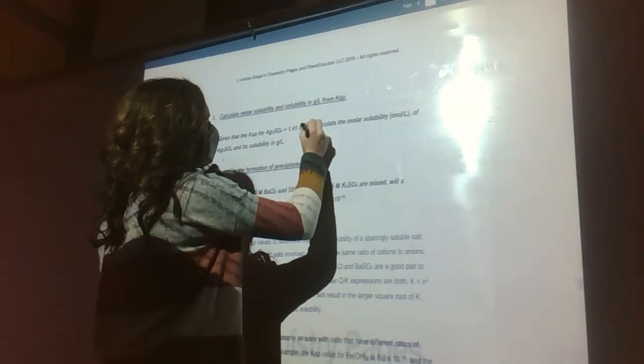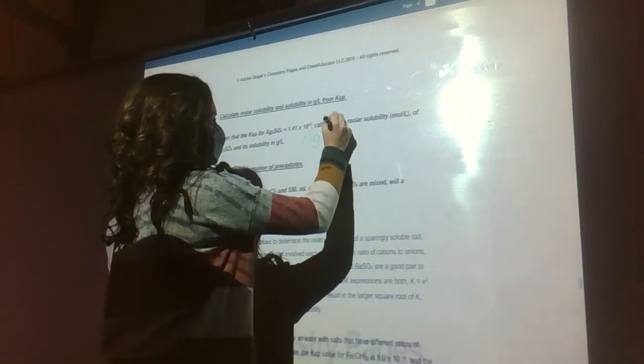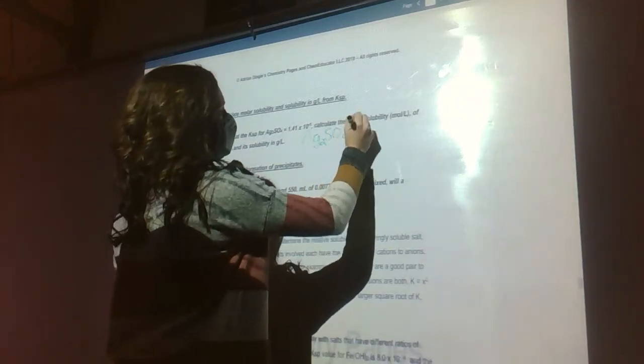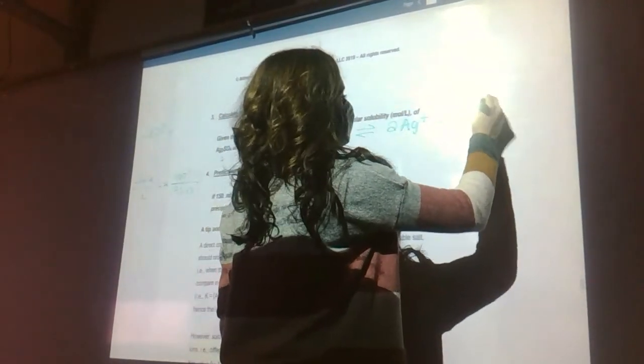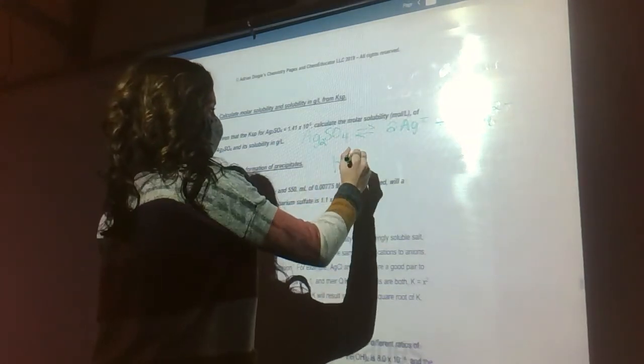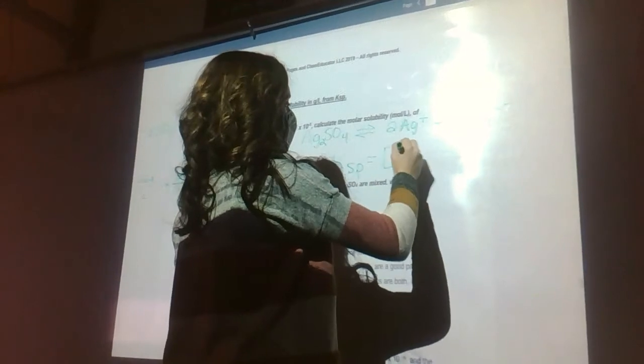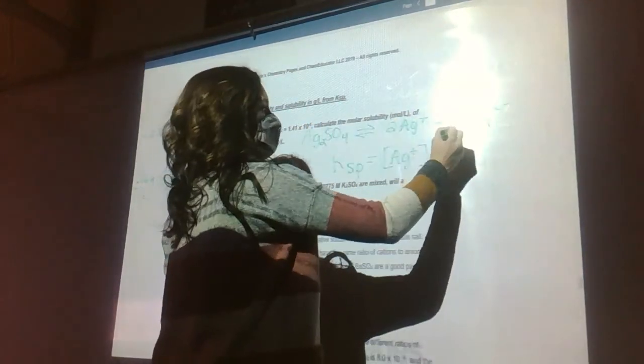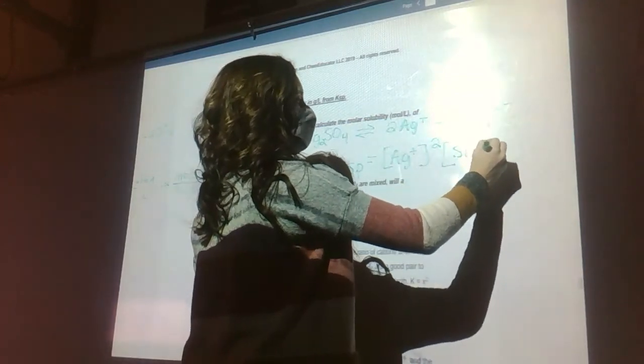So silver sulfate goes to 2 silver plus and sulfate. So my K equation would be the concentration of silver squared times the concentration of sulfate